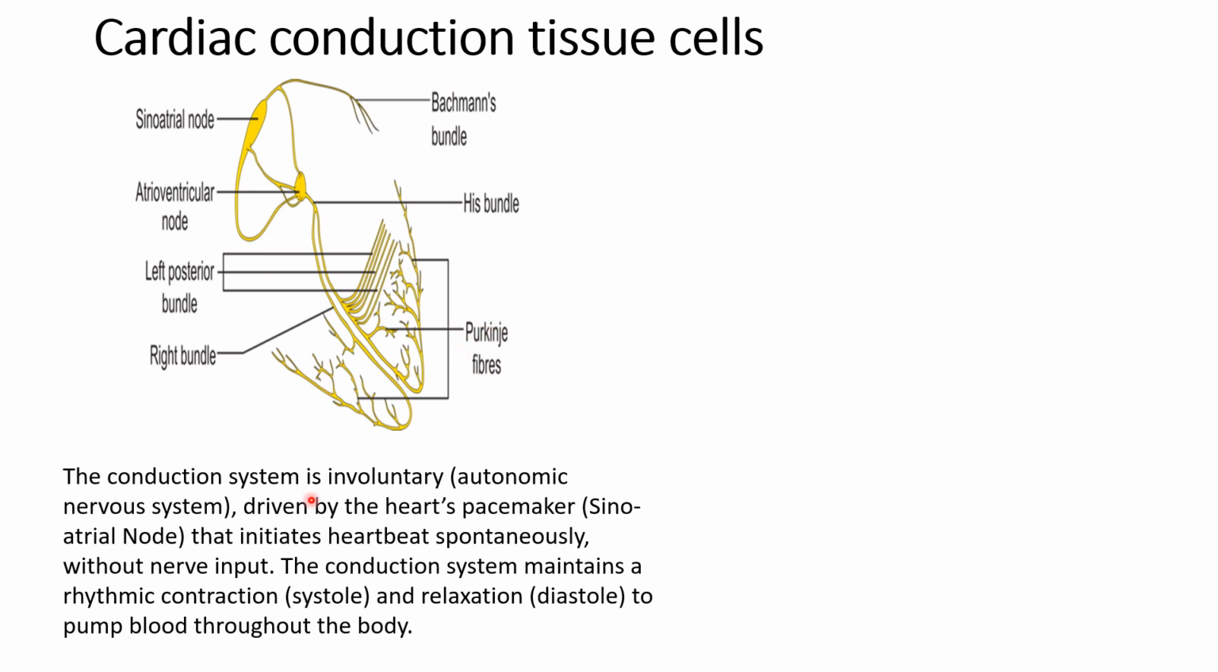The conduction system is involuntary, which means it is controlled through the autonomic nervous system, driven by the heart pacemaker, that is the sinoatrial node. This is the pacemaker of the heart. The conduction system maintains a rhythmic contraction known as the systole and relaxation known as the diastole to pump blood